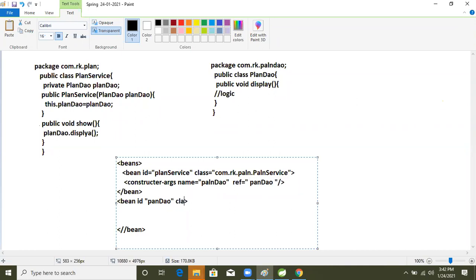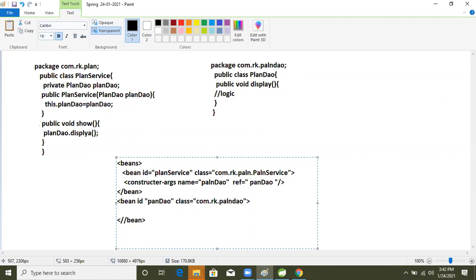And here we will give the class, the fully qualified class name, that is com.rk, the package with the class: com.rk.plan.PlanDao.